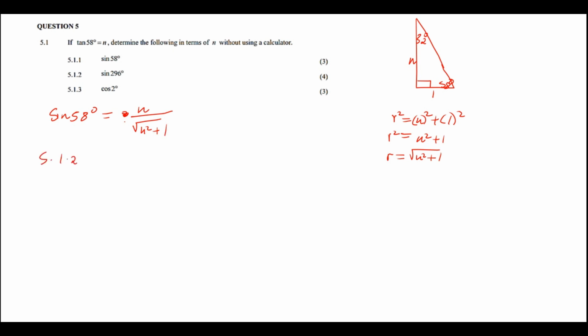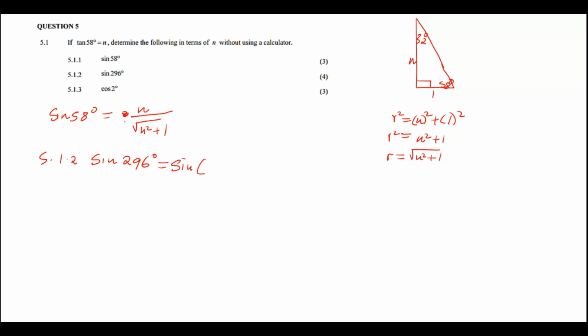5.1.2, we are having sine 296. So this sine 296, it may appear a bit tricky, but it's not that tricky. If you check, suppose we try to use the reduction formula. We say 180 degrees plus the angle that we have gives us 238, but subtract that answer that you have from 296. If you observe, we are in need of 58 degrees,